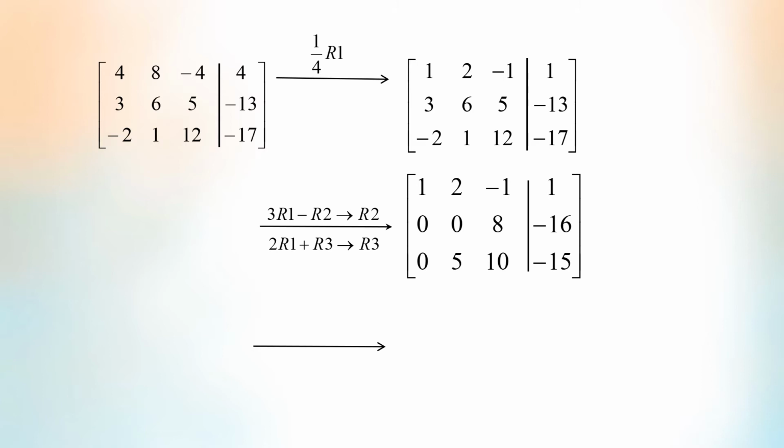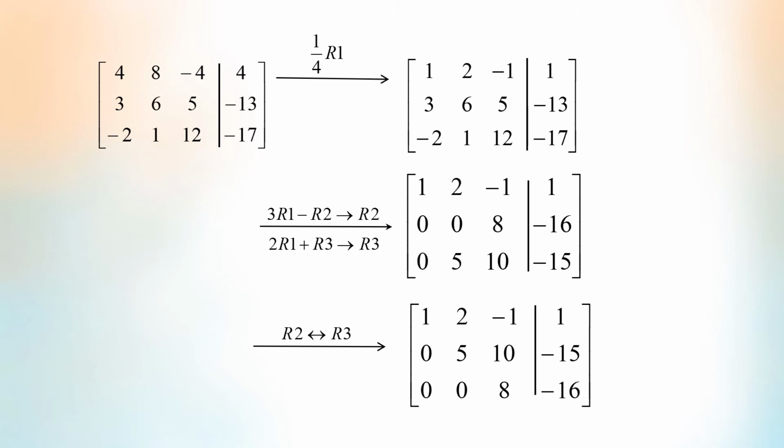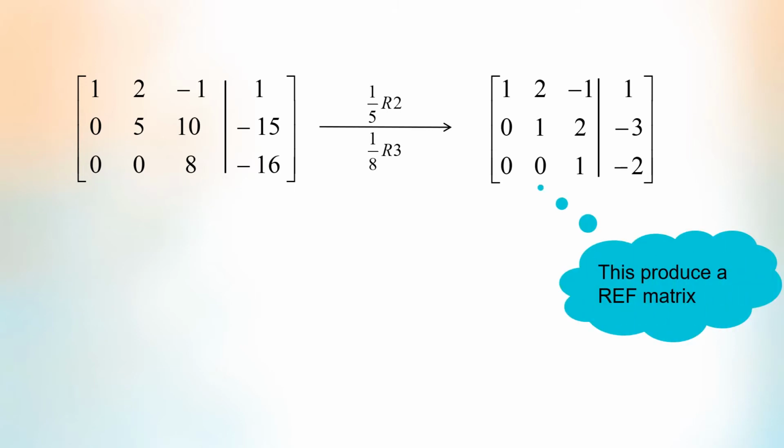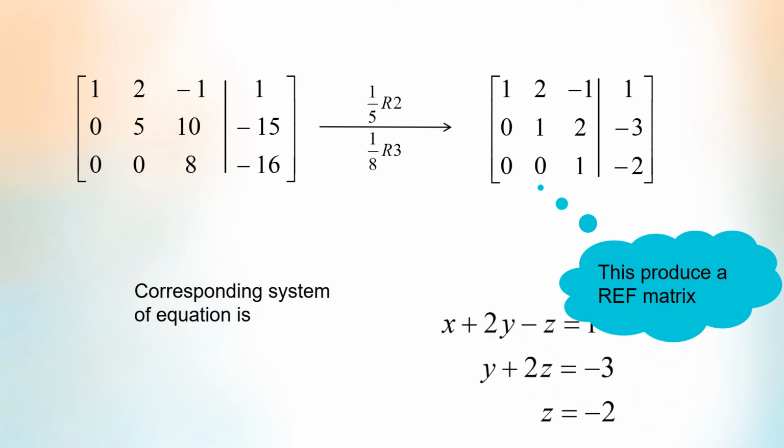Then we interchange row 2 and row 3. Row 2 is divided by 5 and row 3 is divided by 8 to produce the row echelon form matrix. We can stop the Gaussian elimination process since we now have an equivalent matrix in row echelon form. The corresponding system of equations to the row echelon form matrix is